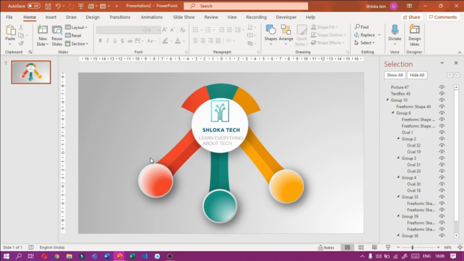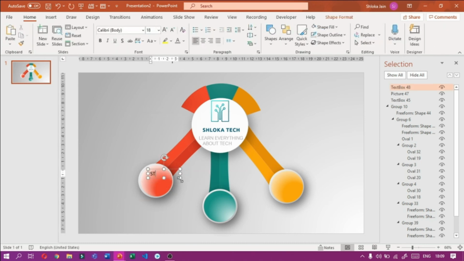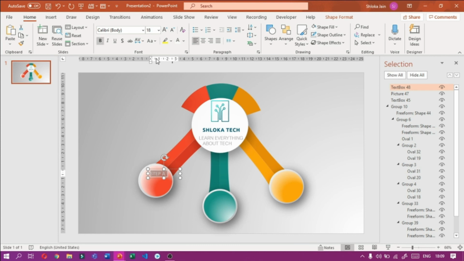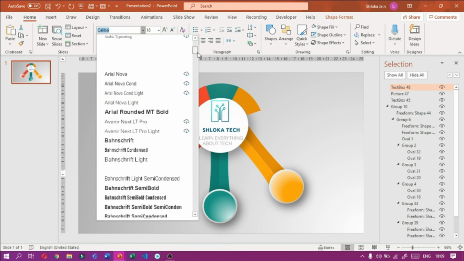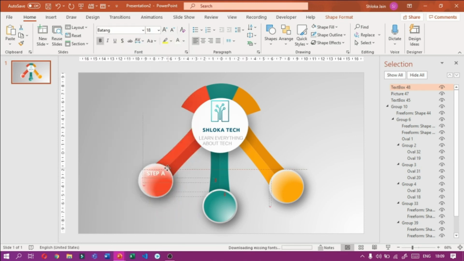Now again we have to insert a text box. Here I am writing step A and changing the color to white, then bolding it. Then I am changing the font to Badam and putting it here.